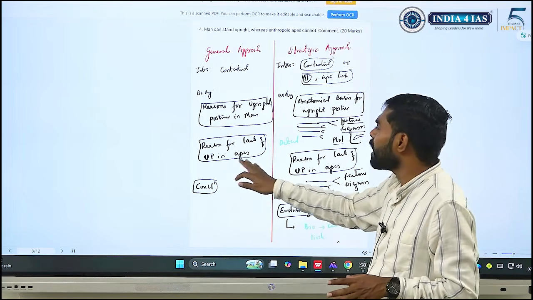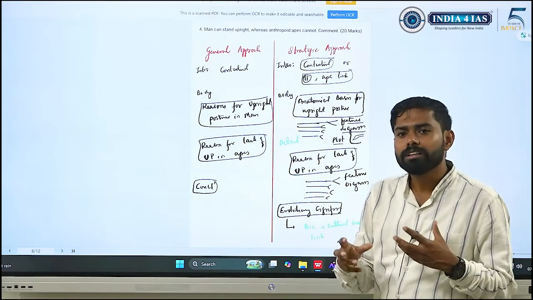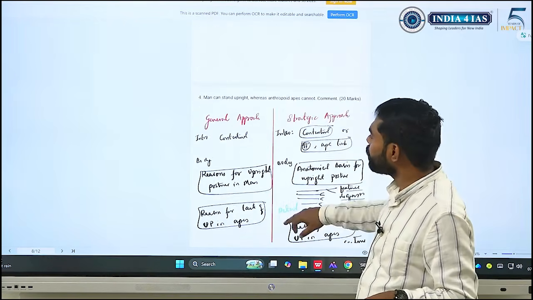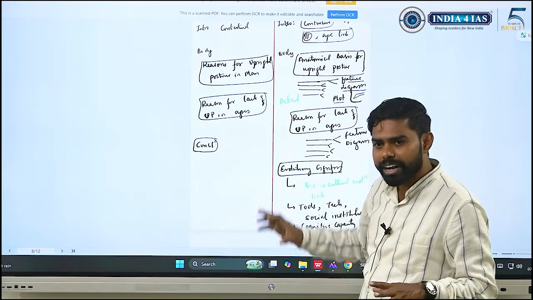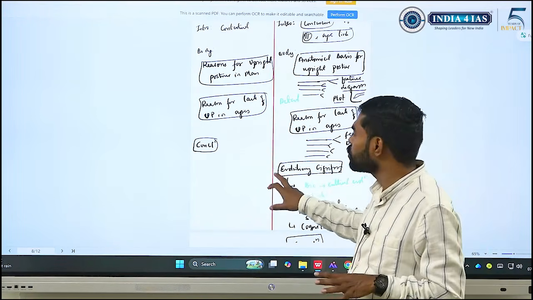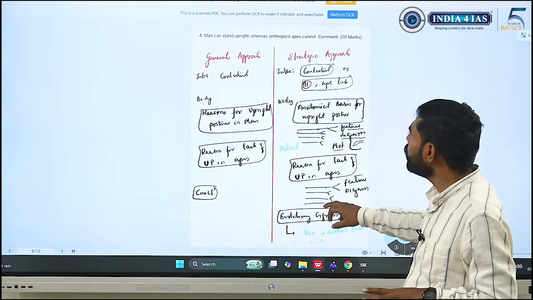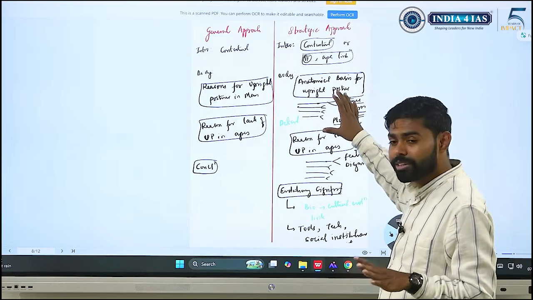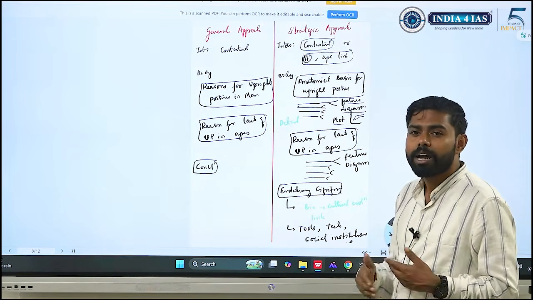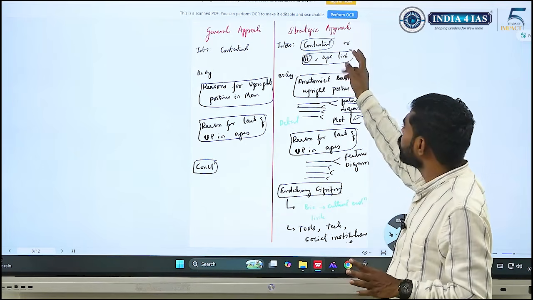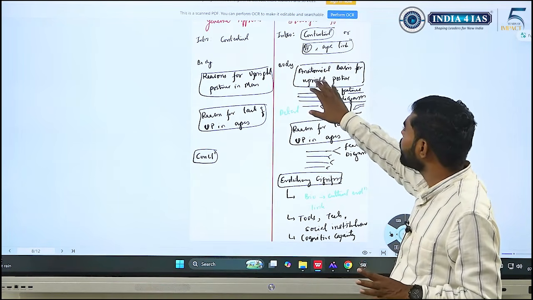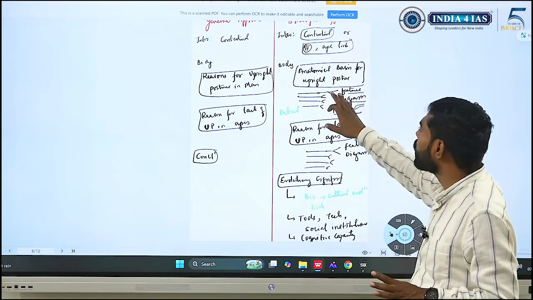And then reasons for lack of upright posture in apes. What are the features that they lack, right? The same things, the comparison parts, you are only writing under different heads to suit the context of the question, and you are concluding it. But to make my answer holistic, like I said, I am trying to restructure it in a very appealing manner. So contextually, I'm linking human and ape phylogeny and I'm writing the anatomical basis for upright posture.